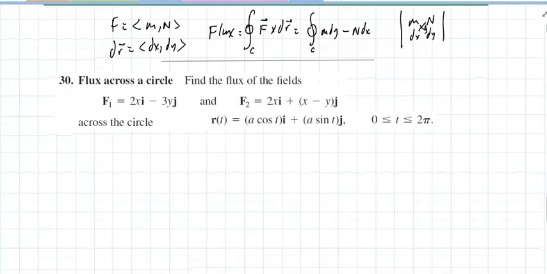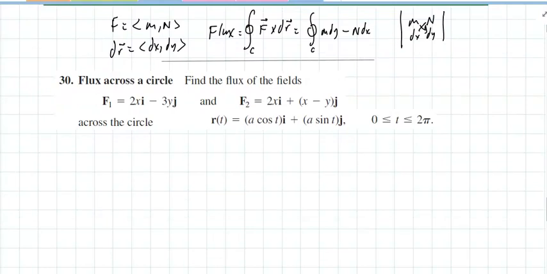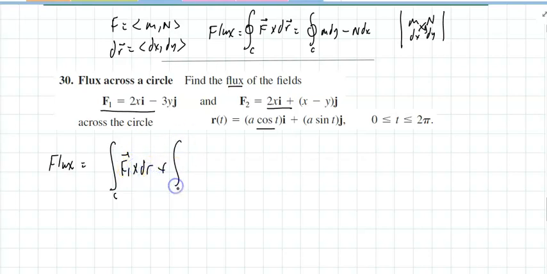What's the catch? I need to figure out what F is in terms of t and what dr is, and pretty much that's it. Problem number 30 in the book says flux across a circle. Find the flux of the field, two fields, across this circle. Well, the flux is going to equal the flux along F1 plus